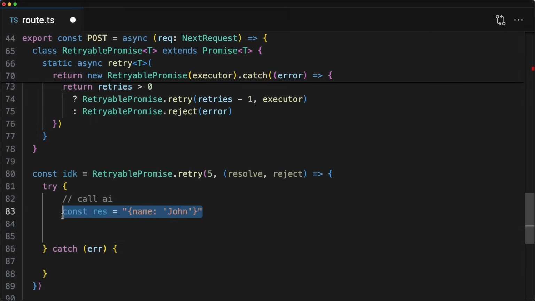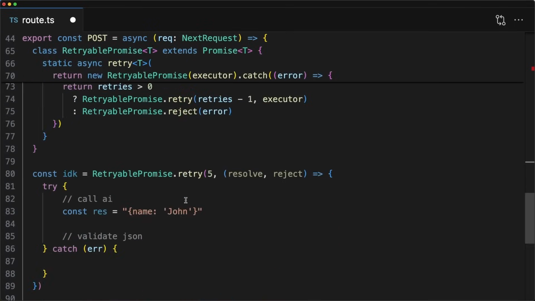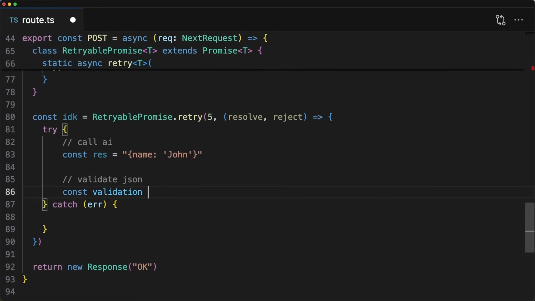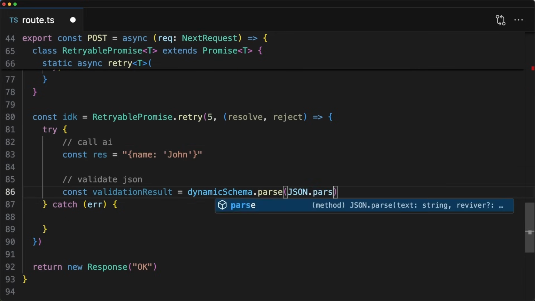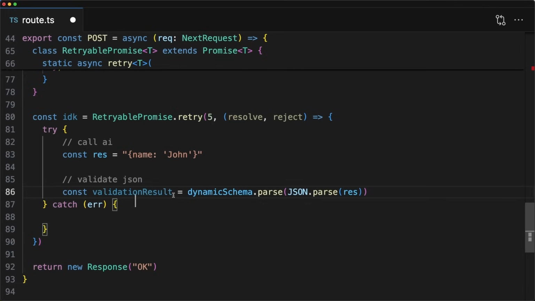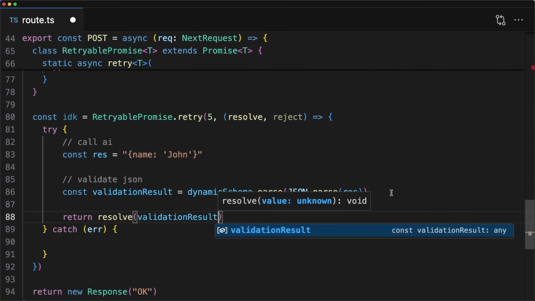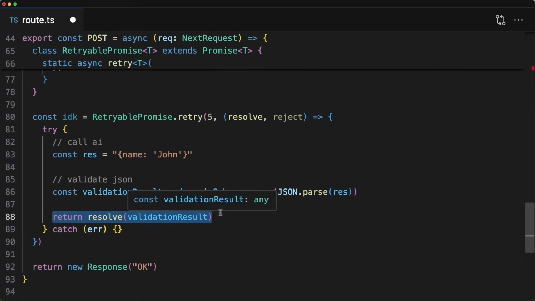Next step is, is this the JSON that the user expects, right? Validate JSON. We already know how, because we literally have implemented that. It's our dynamic schema, right? So what we can do is declare a const validation result equal to dynamic schema dot parse, and we're going to parse the AI output that comes back as a string, right? So we still need to parse that into a valid JSON. We're going to pass in the response right here from the AI. And only if the AI response matches exactly the user format, if this parse operation is successful, only in that case, we can return resolve and pass in the validation result, right? We know this is valid JSON, this is exactly what the user wants, so give it back to the user